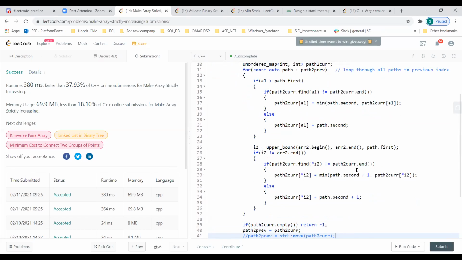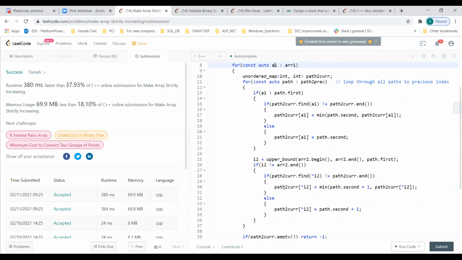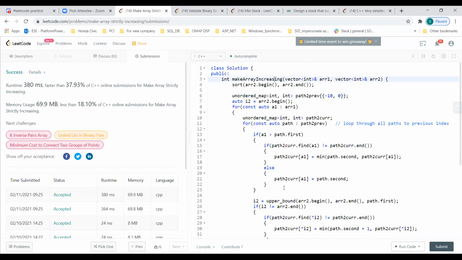Yeah, but if we see the time complexity, it's too much. Okay, you're saying how is the time complexity going to be for this one? You are still iterating through the whole array once, and then you do an upper bound for each and every one.